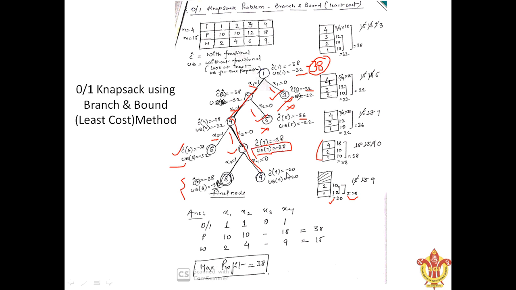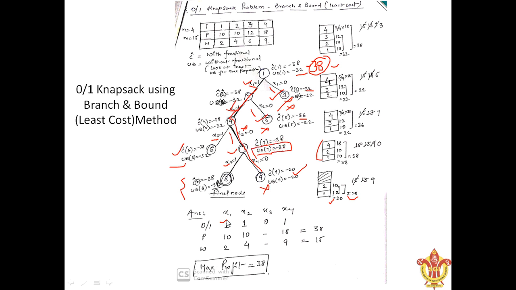See, the cost is what? Minus 20. Again we are going to prune because the upper bound is what? Minus 38, and it is the maximum value. So we have this one, we are left with this only, and we have exhausted all the nodes. Node number 1, node number 2 included, x3 not included, x4 included. So by doing this, we will have the calculations.